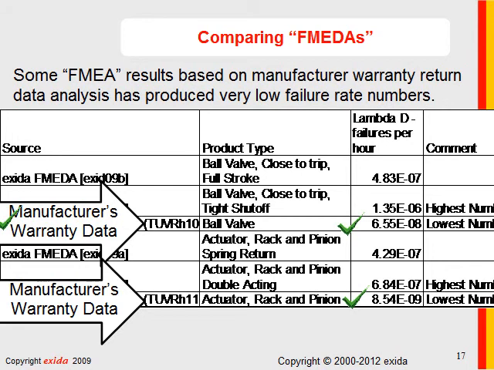Two of these numbers are based on manufacturer's warranty data. When I worked for a manufacturer, I was taught to make certain assumptions, all of which provided nice numbers that made the product look great. There's a paper on this subject on the exida website, so don't hesitate to look it up: "Failure Rate Data, the Good, the Bad, and the Ugly." The ugly is manufacturer's warranty data, because in fact, it's the assumptions.